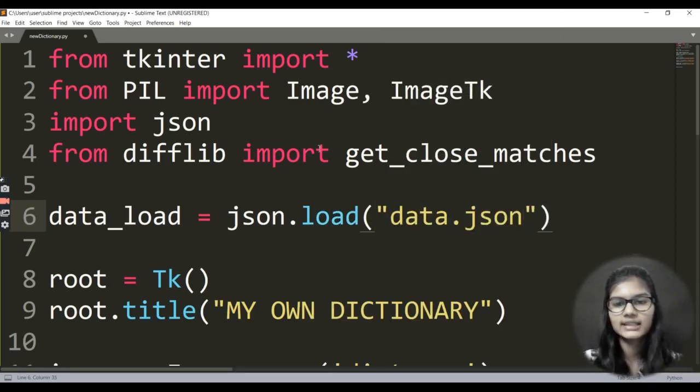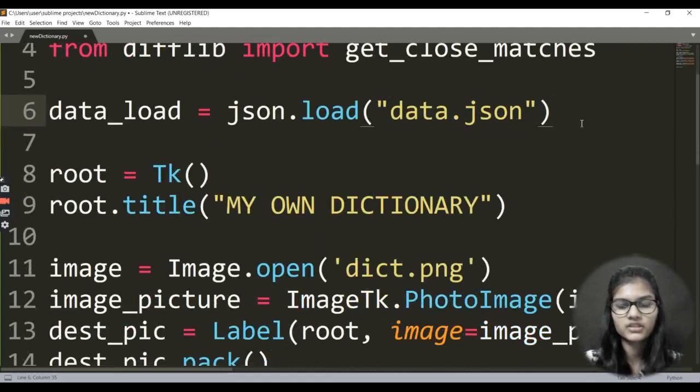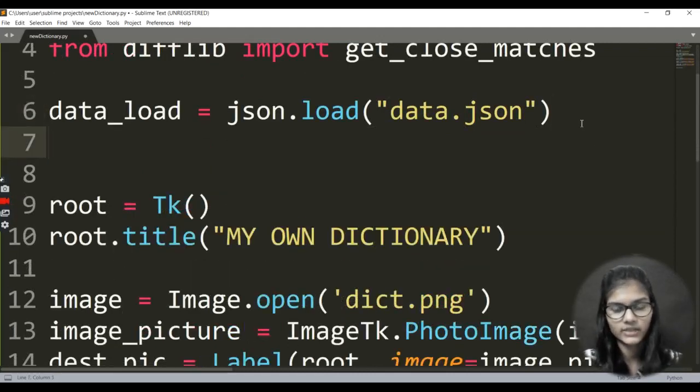Right, I've just taken this data from some online website. So you can just search online for that and you'll be getting it, right? You can just easily get it. Or if you have any text file or something like that, you can just convert that into JSON as well on any online converter. You can just do that on your own.